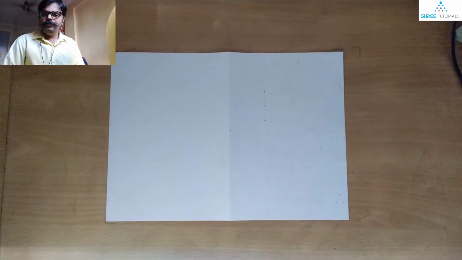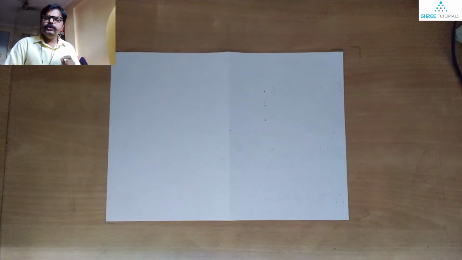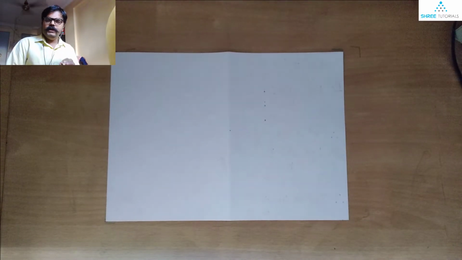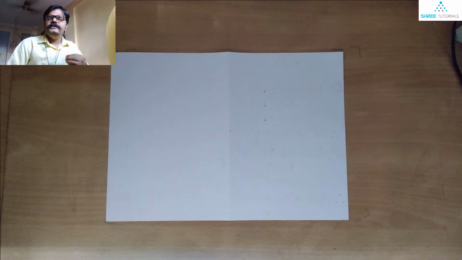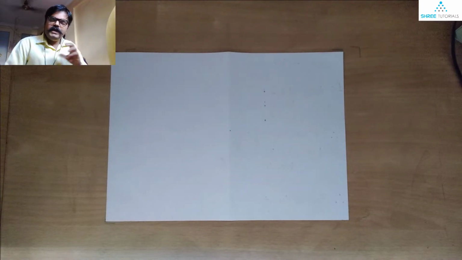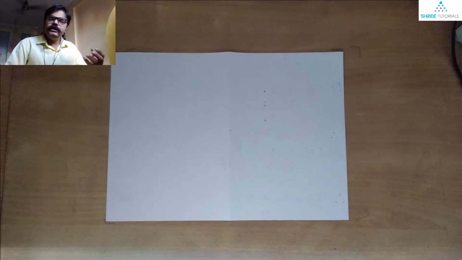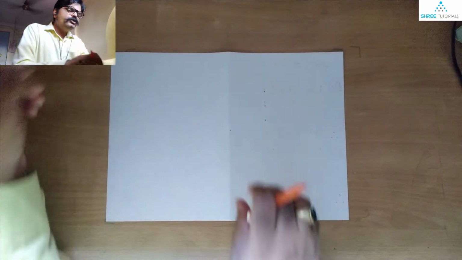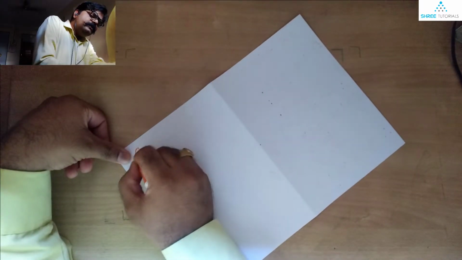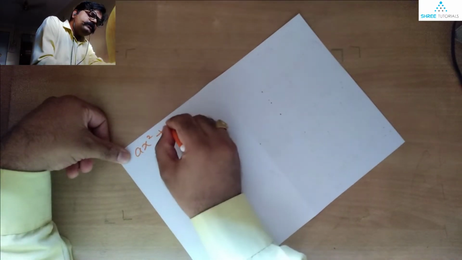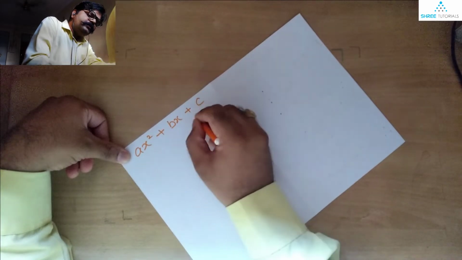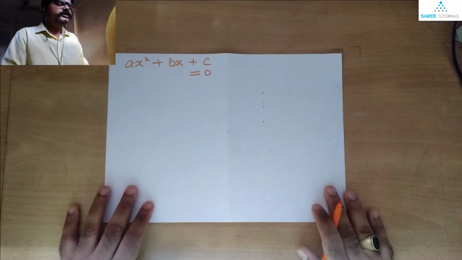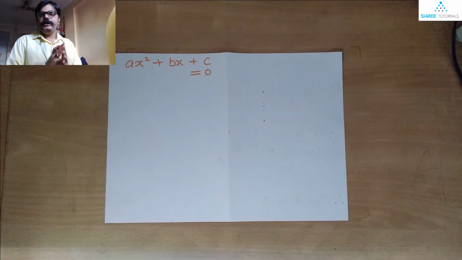We are going to solve a problem. In this problem they have asked us to give any two possible quadratic equations. Please note, every quadratic equation must fit a mold. Exactly what is the general format for a quadratic equation? Let me tell you that ax square plus bx plus c can be called the general format of every quadratic equation.